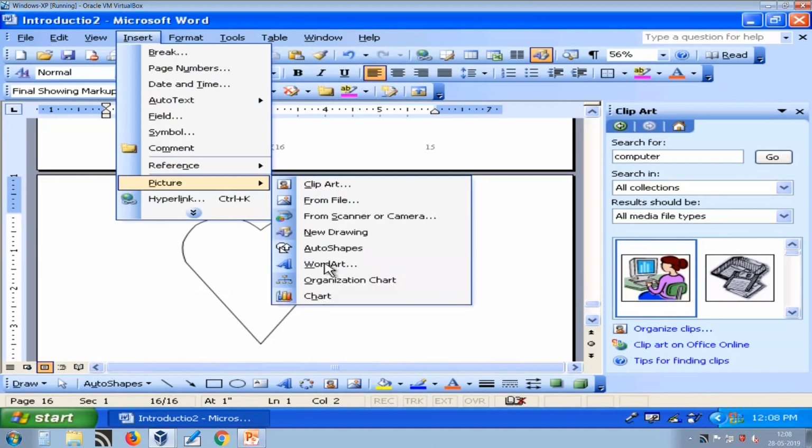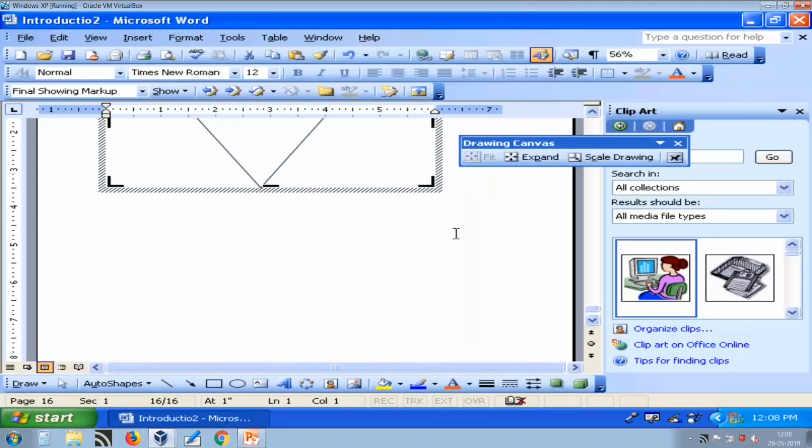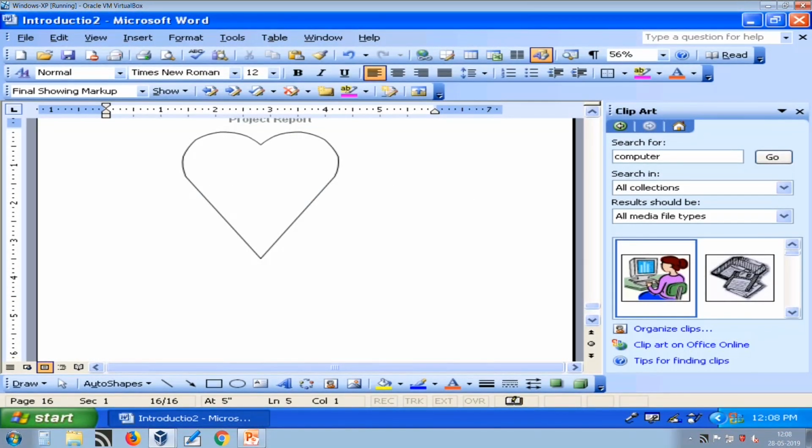Then we have word art. Word art is also available in the drawing toolbar. Suppose I want to display fancy text. For example, here I am writing, this is an example of word art. This is plain text. Now I want to insert word art.